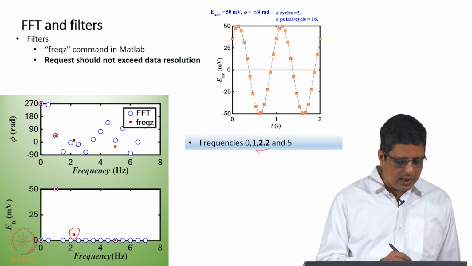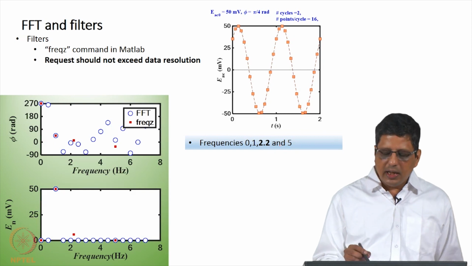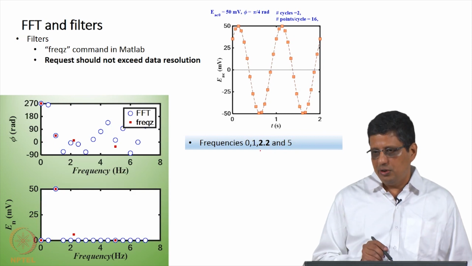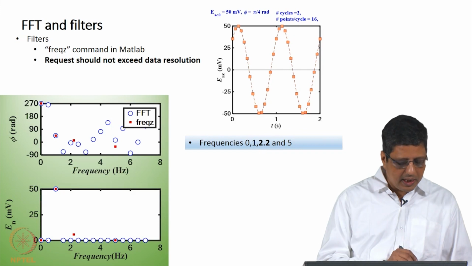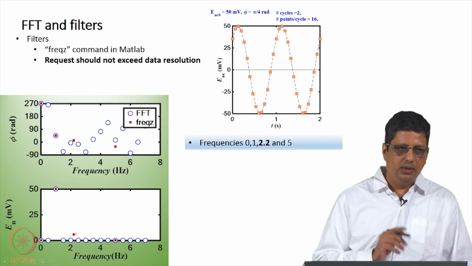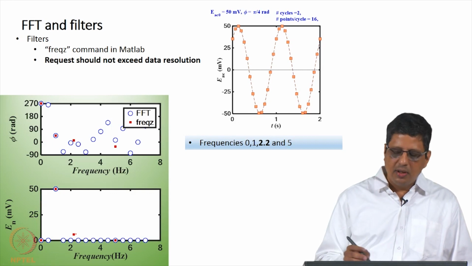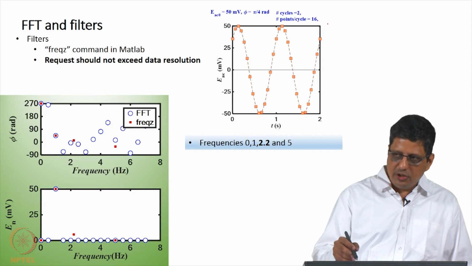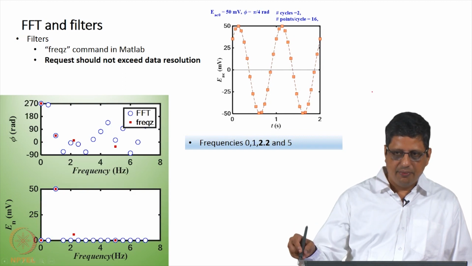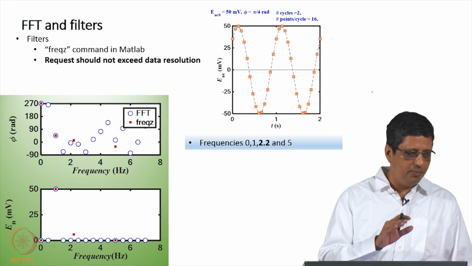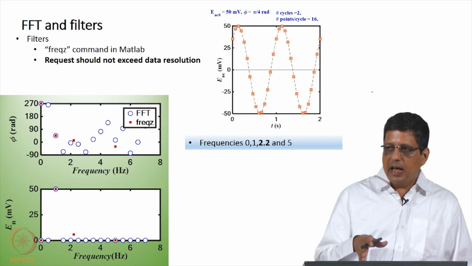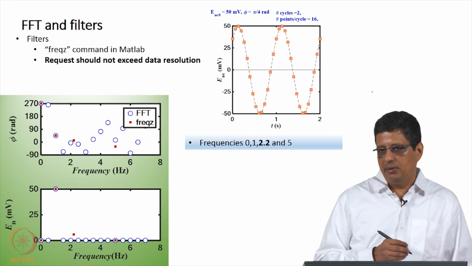But right now I want to emphasize that if you ask it to give data at a higher resolution than is possible theoretically, here I want data at 0.2 resolution. It gives data at 0, half, 1, 1.5, 2, 2.2, but that resolution is not possible, I can get only 0.5 resolution. If I want data at 0.2 resolution, I need more cycles. If you do the Fourier transform by FFT and get the array, you will see you do not have 2.2 there.